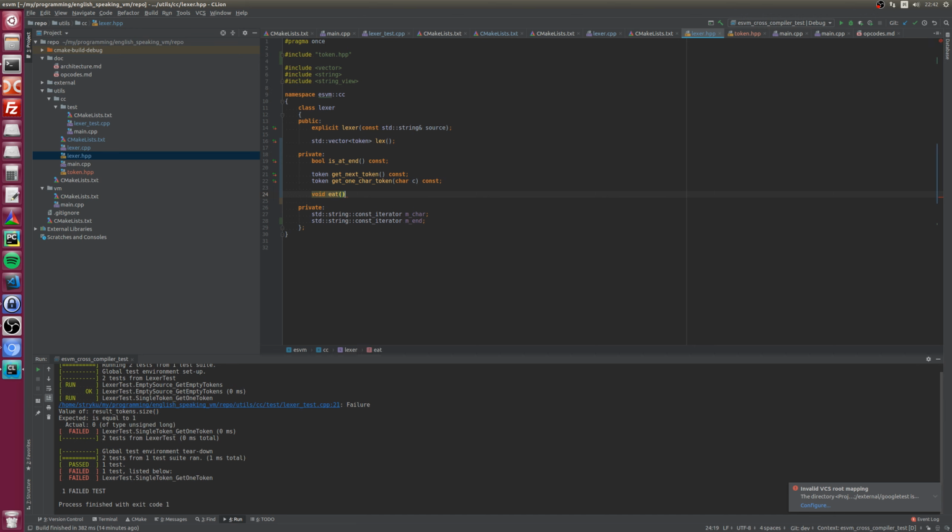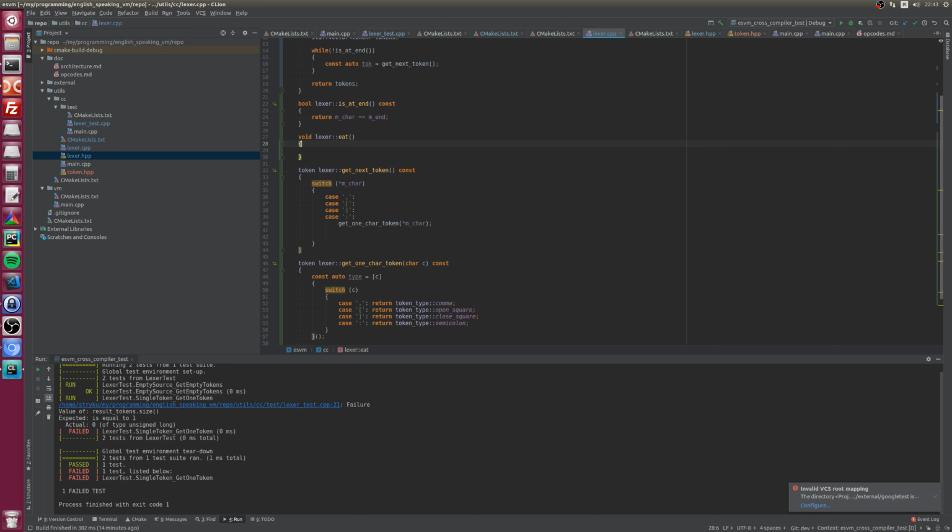Okay, this can be const, but getting token won't be const because we are going to increment the m char iterator. So yeah, let's just increment the m char. Okay, this is not const. This is not const too.